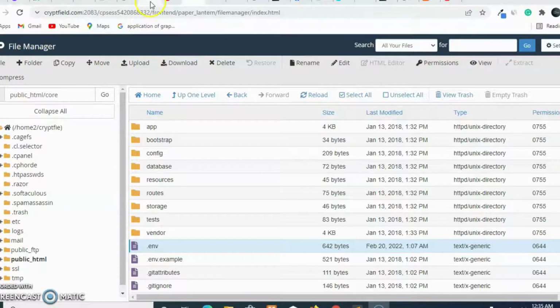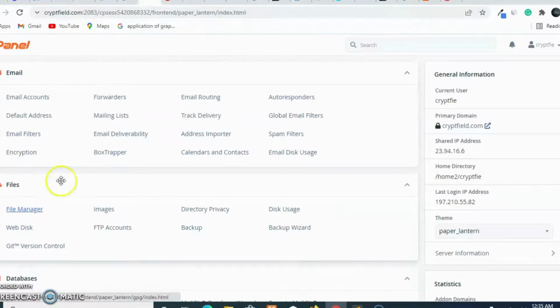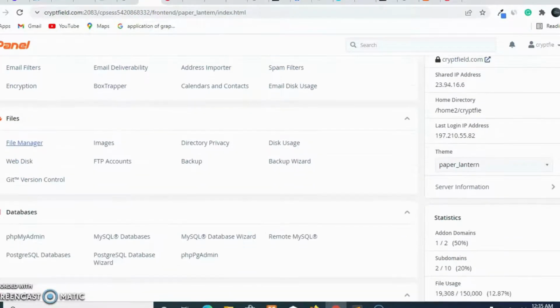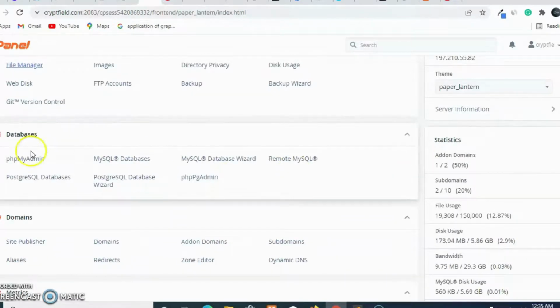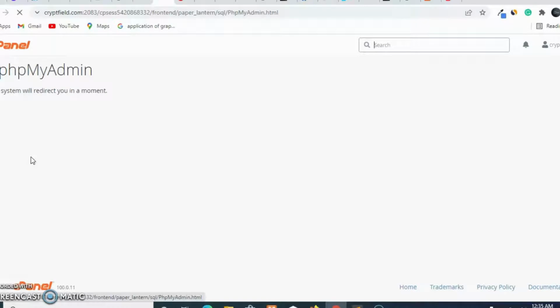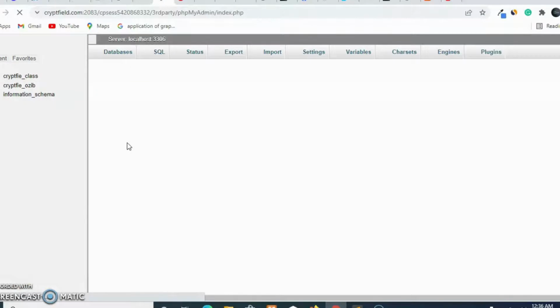Then you now go back to cPanel. Go back to cPanel here. Then I will now click on phpMyAdmin. It will open that database which we created.